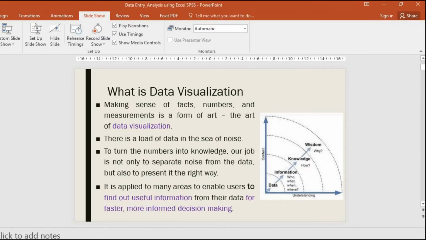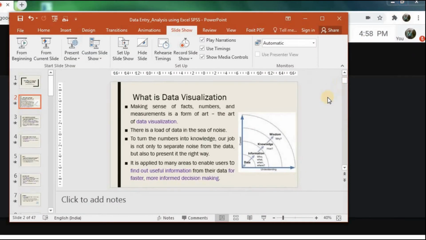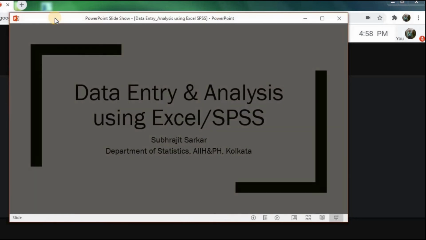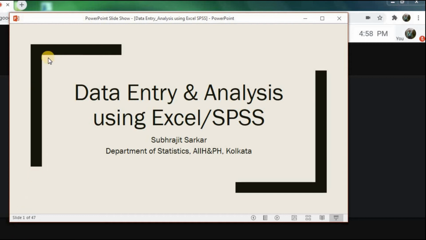Now instead of this full screen window, if you just resize it to a smaller size and start presenting from the beginning, you notice that this presentation is confined to this window only rather than your entire screen.